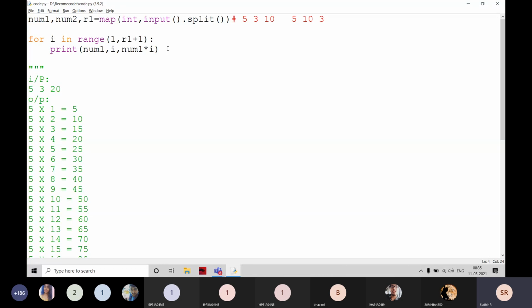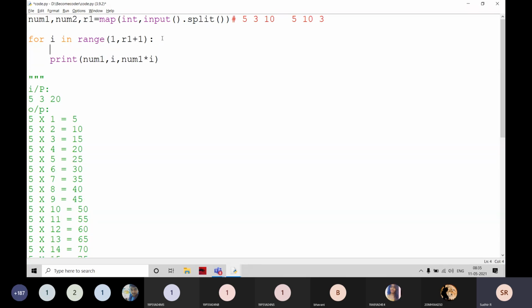There is no need to write I is -1 or not like that. Just remove everything. There's no need to write if A is greater than B, A is equal to -1. Just remove all those things. That is a plain loop. I'm going to start from 1 and I'm going to stop at R plus 1. Inside that, we have to write a condition. That's it, nothing else. Charan.